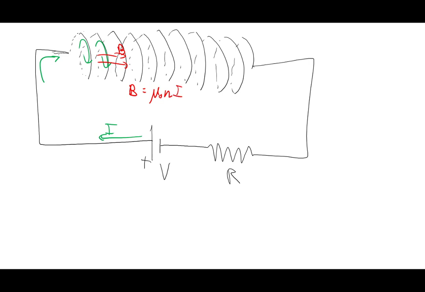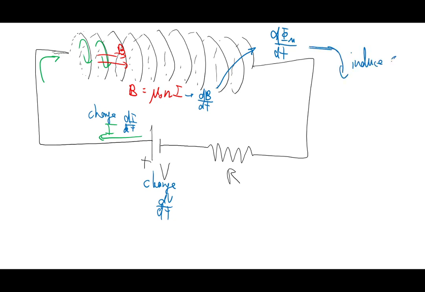which depends on the current. But then here's the funny thing. When you first turn it on, you have a huge change in the voltage, right? So then you've got some kind of dV/dt, which as a result will give you some kind of change in the current. So then this will have some kind of change in the magnetic field, and now you have a changing magnetic field inside a loop, which is going to give you a change in magnetic flux. You can use subscript M or B for magnetic flux, which then by Faraday's law, you're going to induce some EMF in the coil,